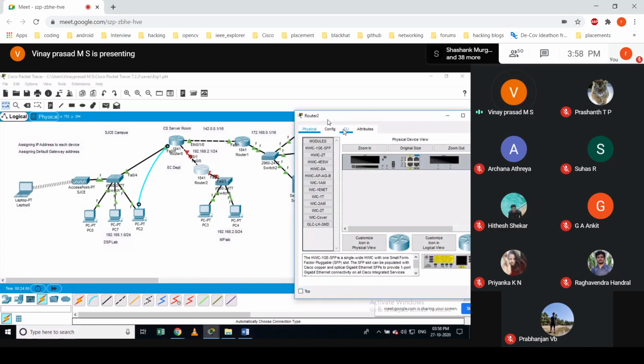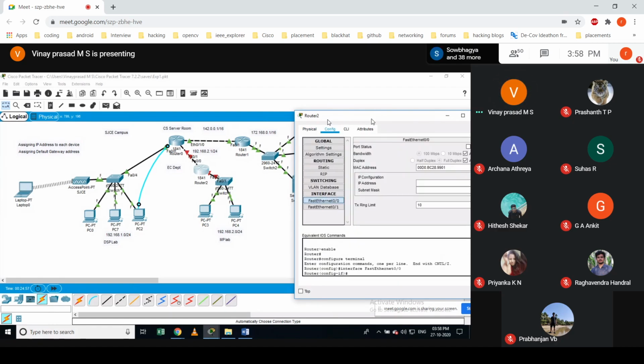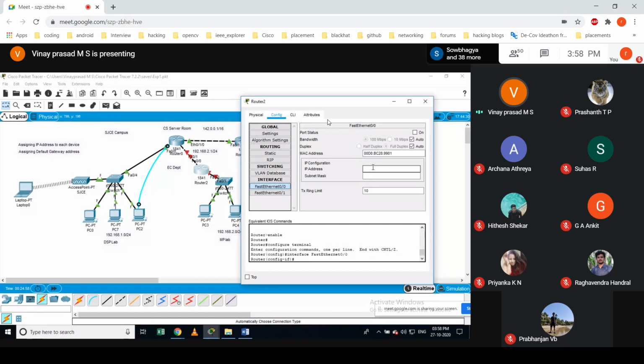Okay, so I'll go to this particular interface, which is 0/0. I just go to configuration 0/0. Then I'll go to this 192.168.3.2 and auto update.